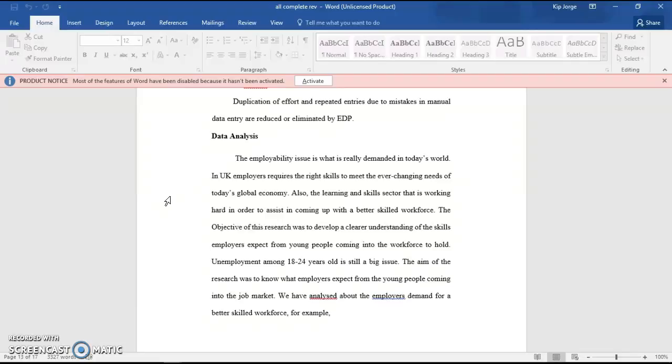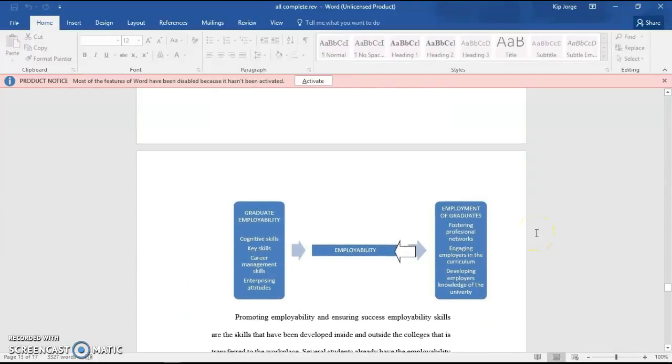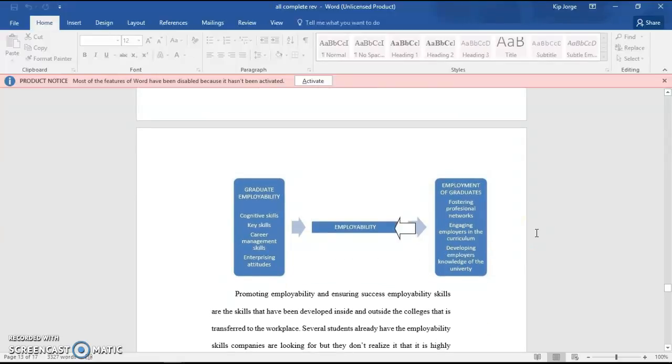Unemployment among 18 to 24-year-olds is still a big issue. The aim of the research was to know what employers expect from the younger people coming into the job market. We have analyzed the employers' demand for a better skilled workforce. For example, graduate employability,